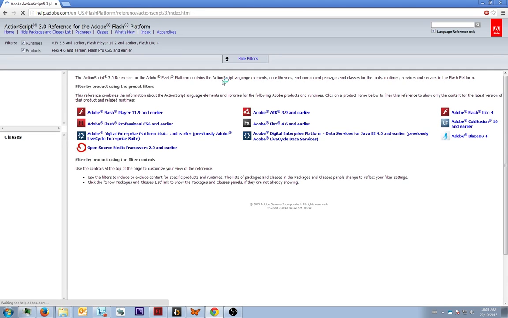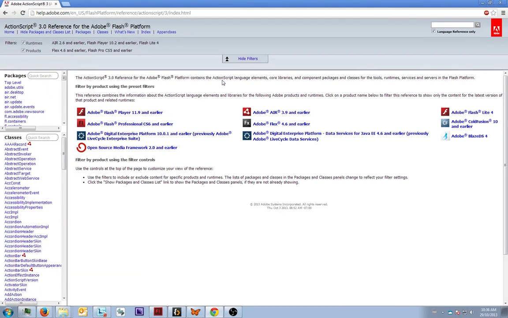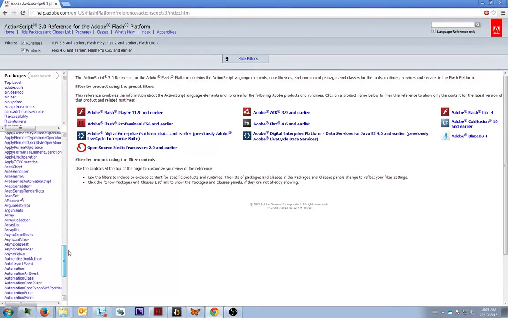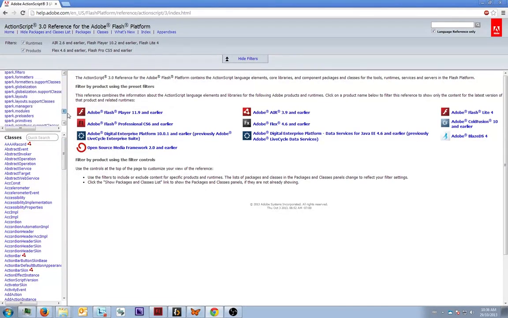Well, the reference documentation is the most important. It allows you to see what you can do, and also gives you the ability to do it. All the possibilities are here. You can do tons and tons of different things. A whole bunch of different libraries are at your disposal. But if you don't know what they do or where to find them, then you can't